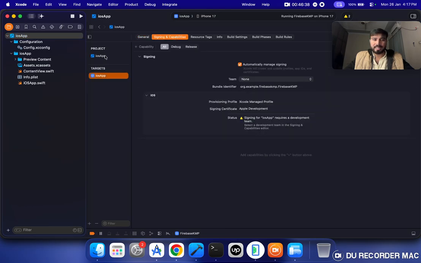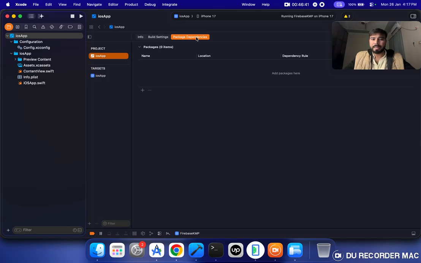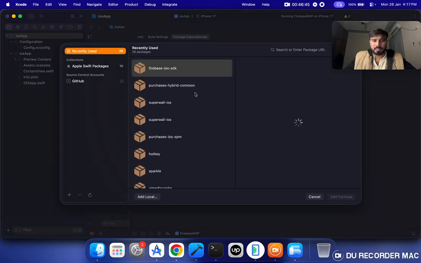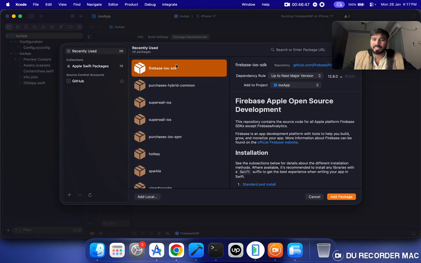No, not in the sign in capabilities. Click on the project, package dependencies. I will click on plus. Okay, the Firebase iOS SDK is on the top, but basically what you will do is you will not see this. So you have to click on search or enter package URL, and